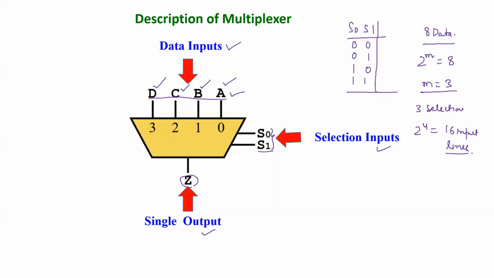There are several things which we will discuss in due course of time, such as what is inside the multiplexer and how it is built, because this is just a black box sort of thing. You know that this is your input, this is your output, and these are your selection lines, but we don't know what is inside. That circuitry will be revealed to you in due course of time. As a black box, we can say this is your multiplexer. Here you have data inputs, this is your output, and these are your selection lines.